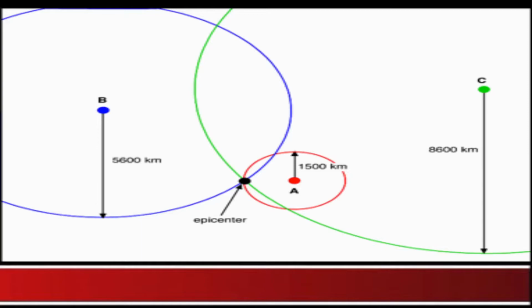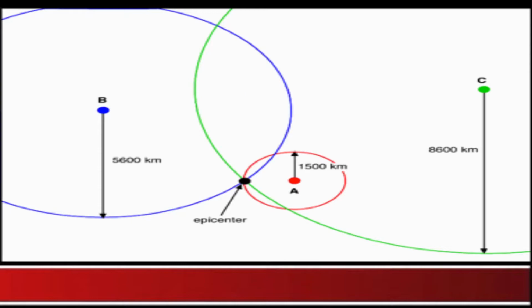Let's say seismic station A determined the distance of the epicenter to be about 1,500 kilometers. Seismic station B determined it to be about 5,600 kilometers. And seismic station C determined the distance of the epicenter to be about